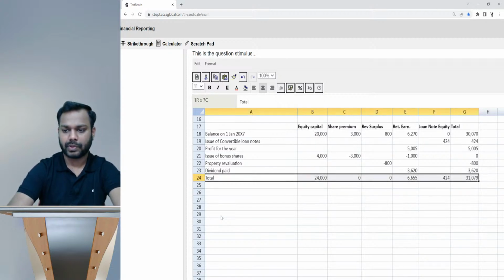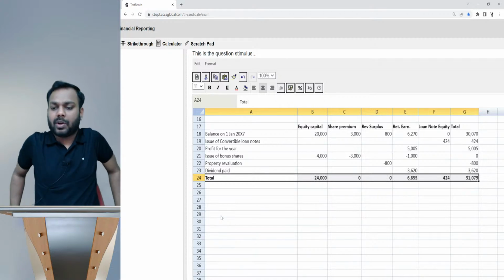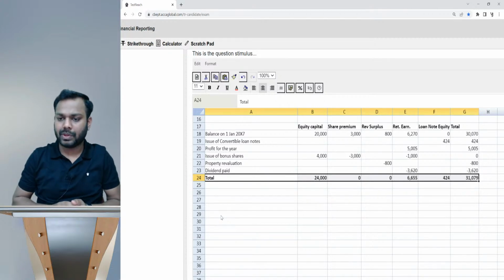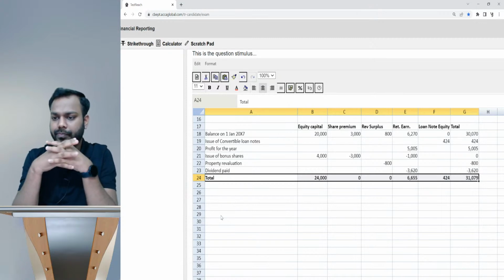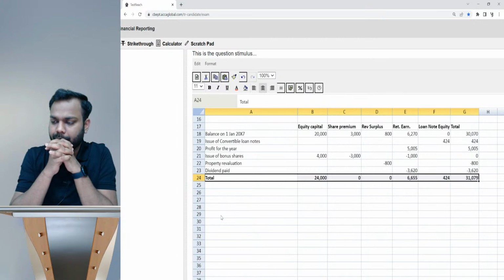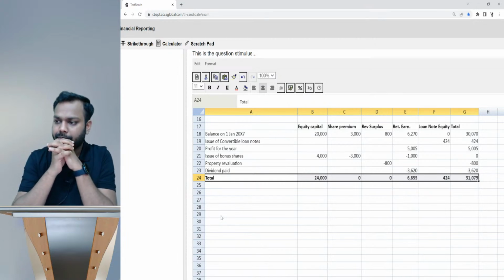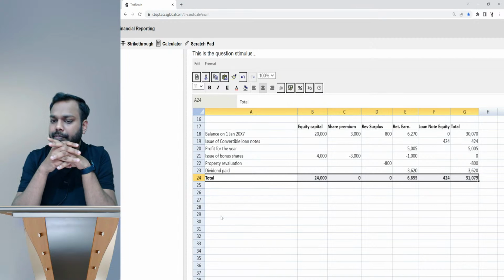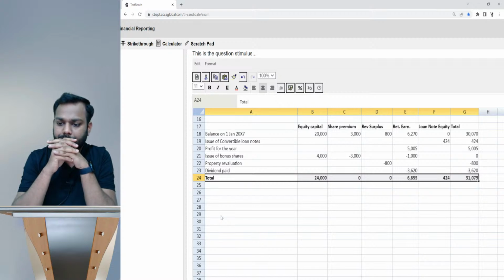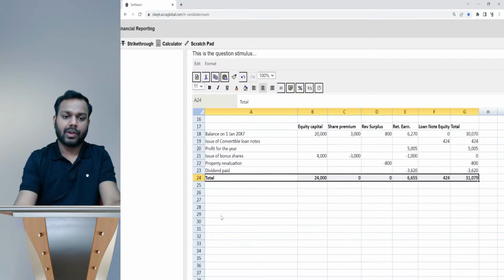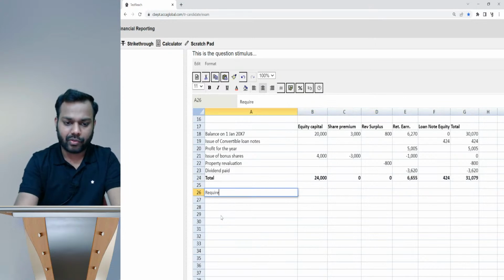This is the total. Tell me guys, is it clear, everyone? Is the statement of changes in equity clear to everyone? Does anyone have any other queries in the statement of changes in equity? Okay, fair enough. Now requirement number 3, that is requirement C, is the statement of